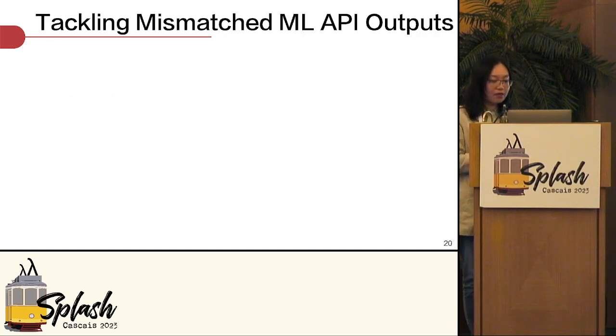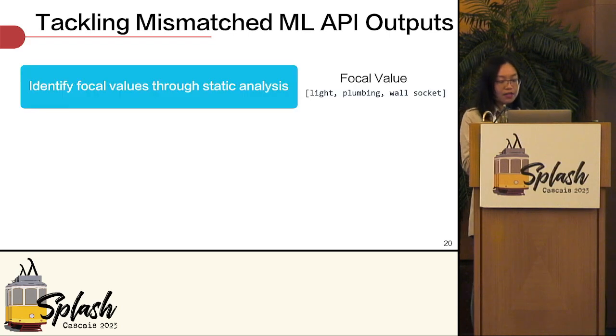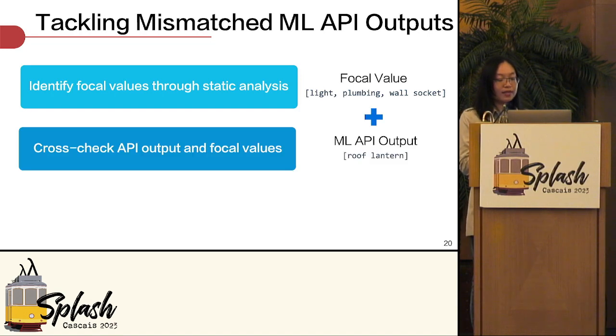At a high level, SmartGL tackles the mismatch between ML API output and software by examining the cognitive relationship between them. It includes several steps. First, for each invocation of an API, SmartGL conducts static analysis to obtain focal values to represent ML API outputs that the software is interested in and knows how to handle. Next, at runtime, right after the invocation of the ML API, SmartGL compares the API outputs produced there, which is typically an array of values, with focal values associated with the ML API.